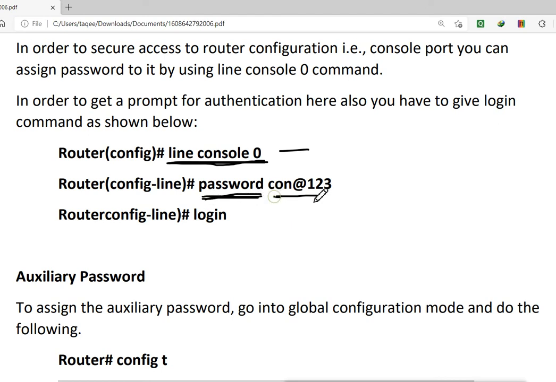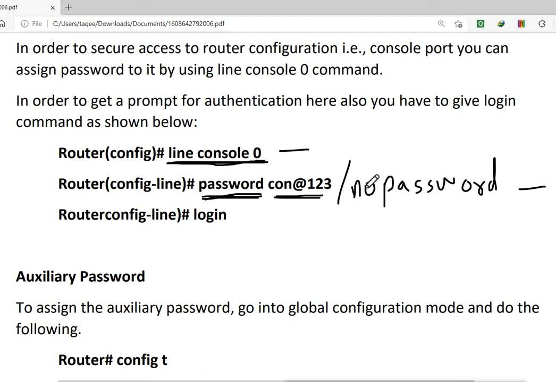So I want to remove this password. The command is password. This is the command, and then I gave the password here. So without giving any password, I will say no password.